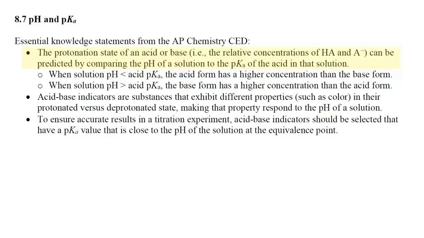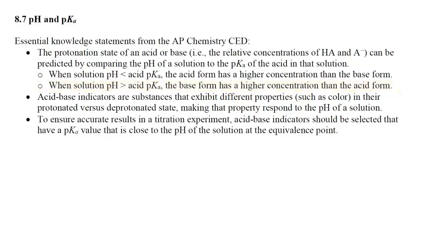And so here are two possibilities. We're not going to consider pH equal to pKa, but rather less than or greater than. So if the solution has a pH that is less than the pKa, then the acid form, or HA, would have a higher concentration. On the other hand, if the solution has a pH that is greater than the pKa,